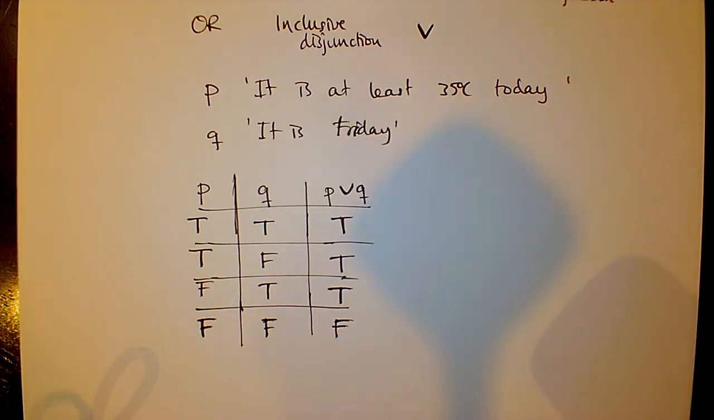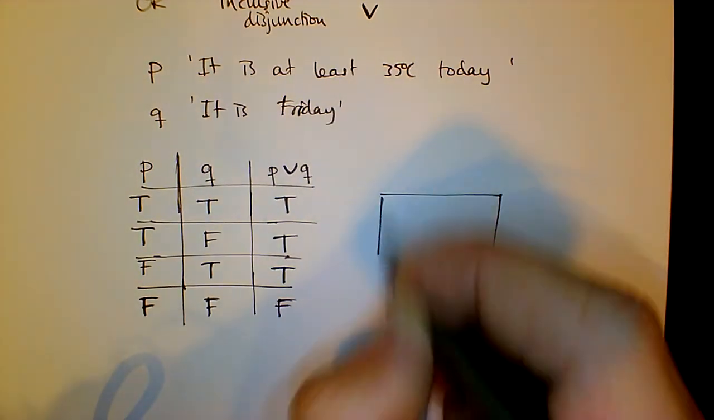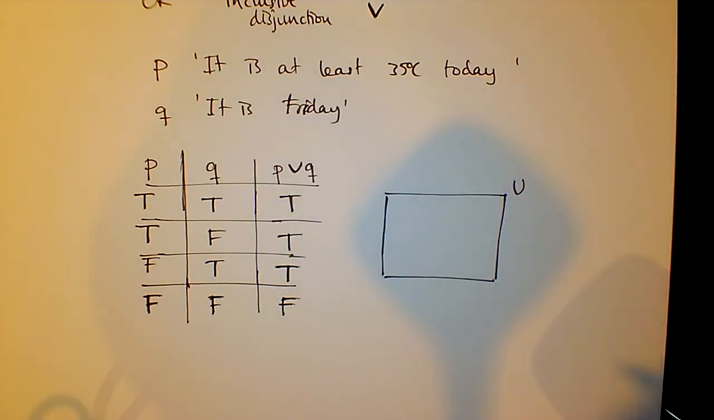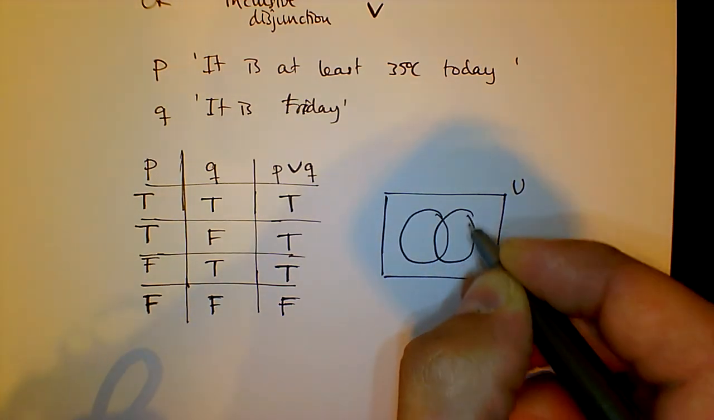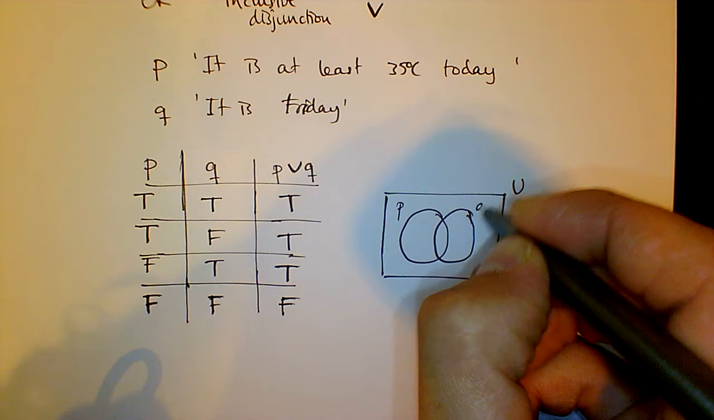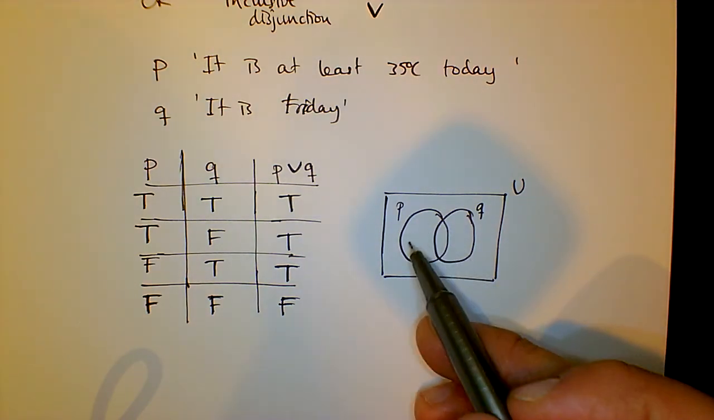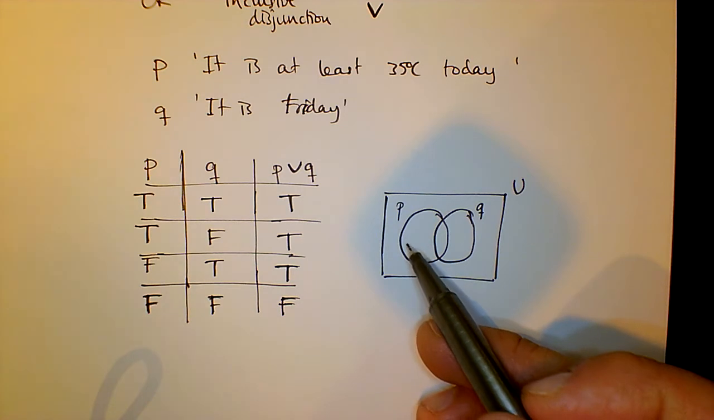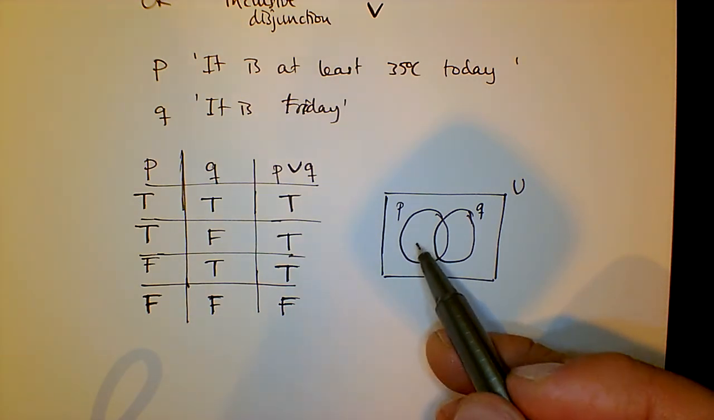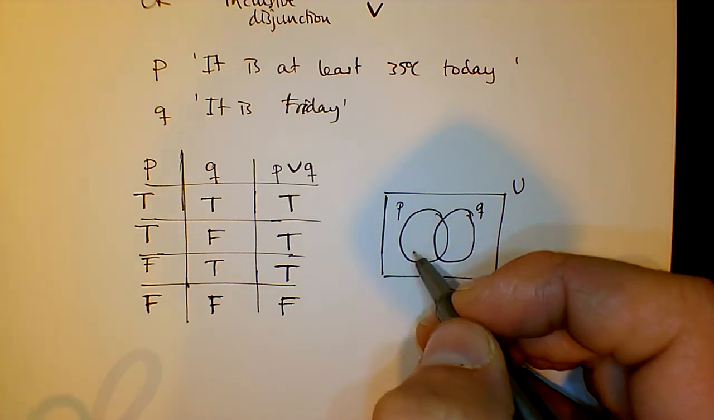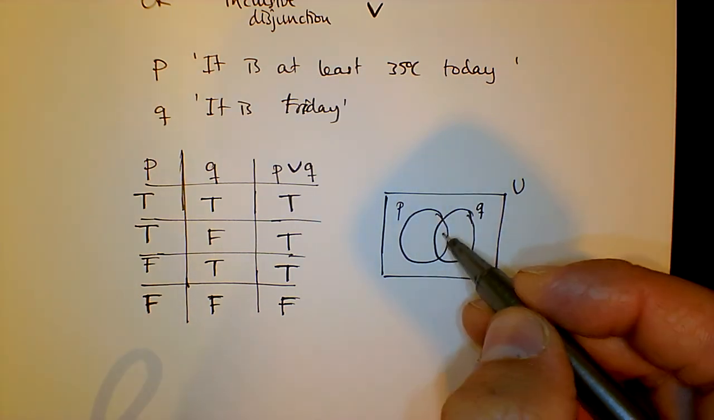What would this look like in a Venn diagram then? So we draw a Venn diagram, and then we draw the two circles for the P statement and the Q statement. So this could, for example, be 36, 37, 38 degrees Celsius, or whatever. So that's P, and then whatever they have in common,